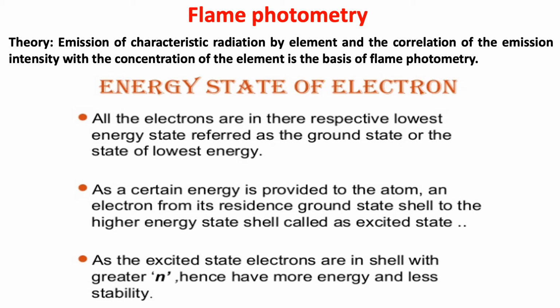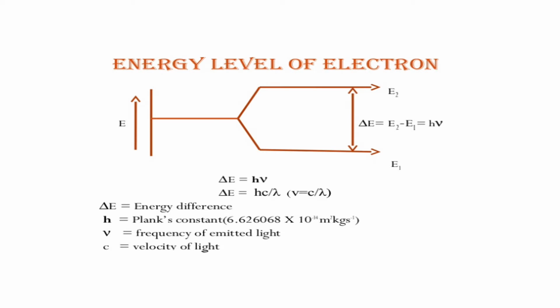That liberated light, otherwise called emitted light, will be measured and correlated to the number of ions present in that. Now, this is the energy axis. This is the lower energy shell E1, the energy associated with the lower shell. This is the energy associated with the next shell. This is called the ground state, and this is called the excited state.